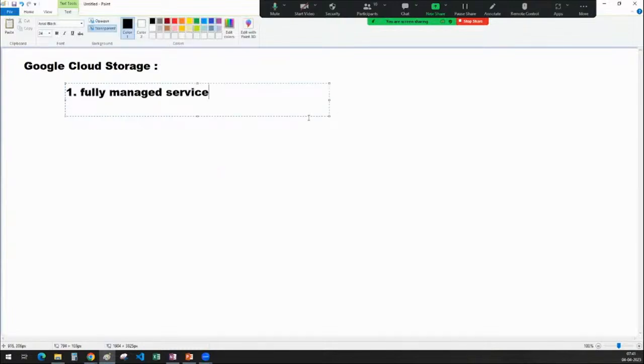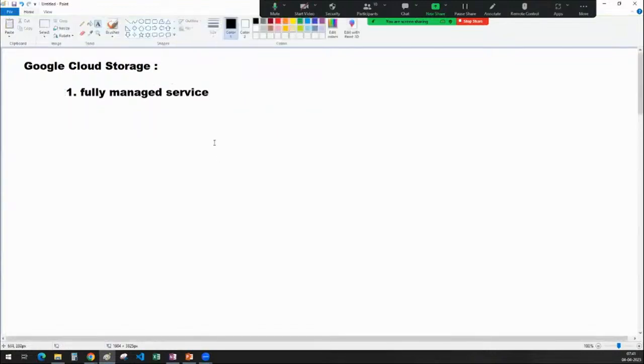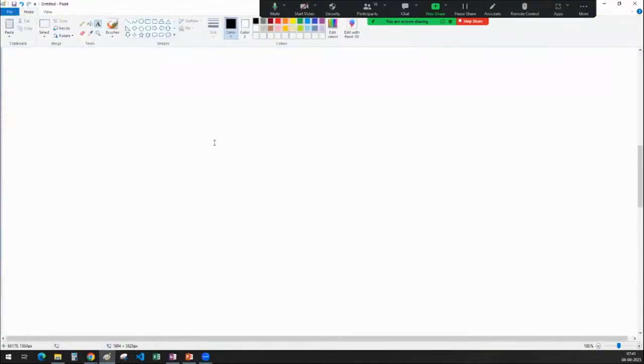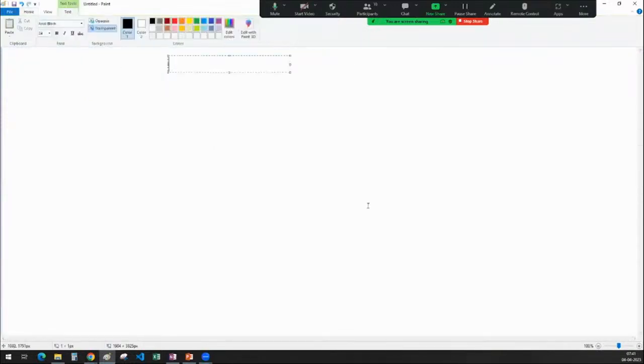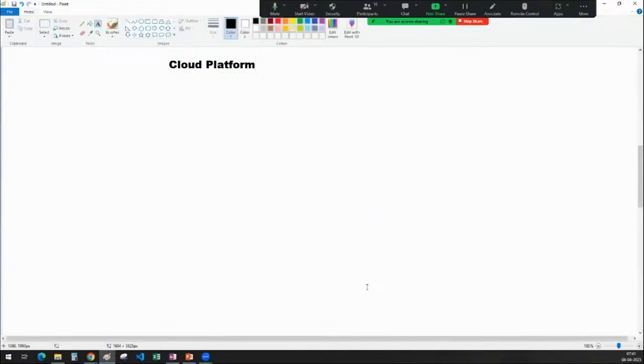What do you mean by that, sir? What is meant by a fully managed service? Sir, I want you to understand what is meant by fully managed. For the very first thing, I will try to tell you. Sir, if you go to any cloud platform, the services in the cloud platform are categorized into different things. One is